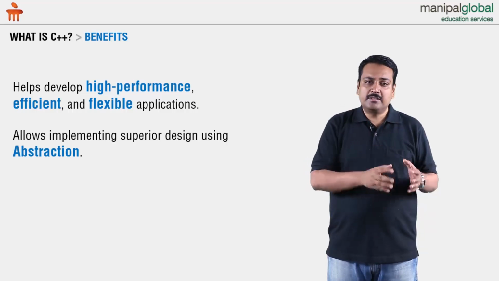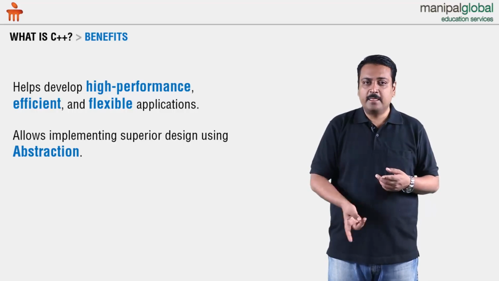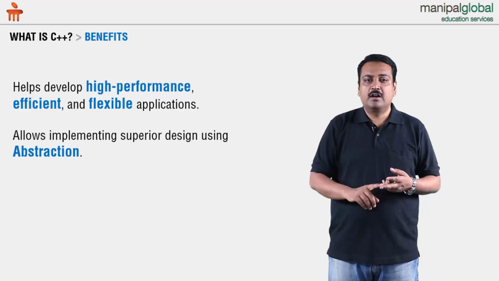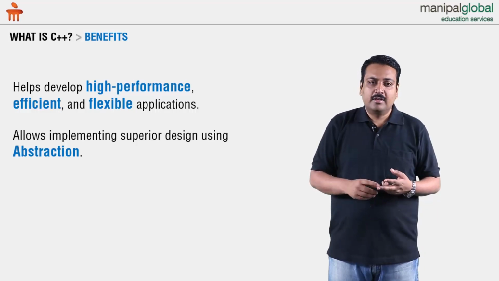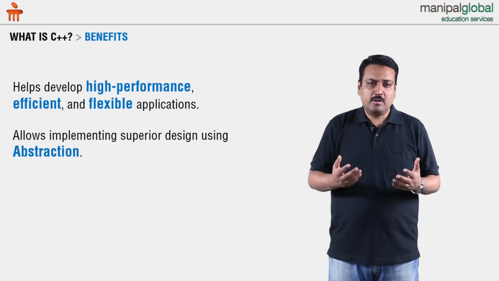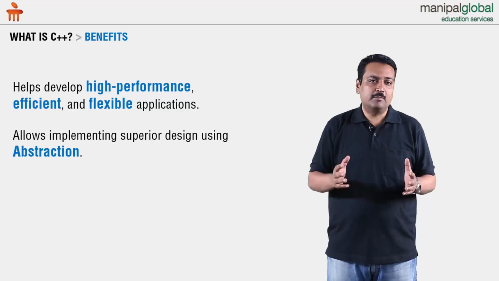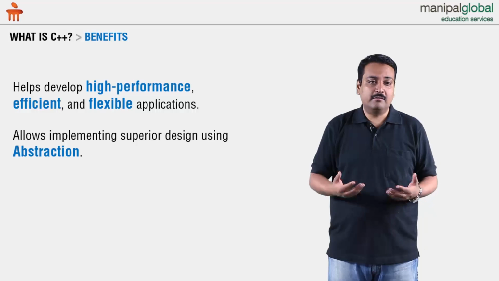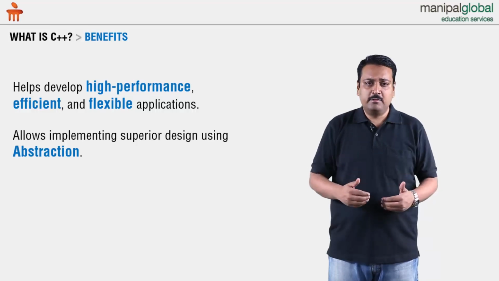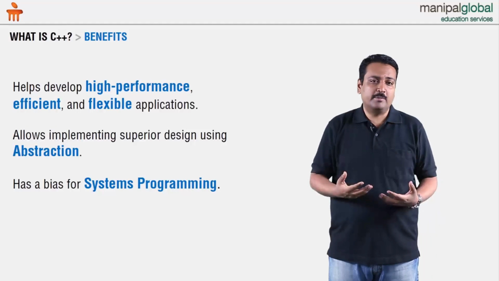So, some of the places where C++ is used is to develop device driver applications. It is used for development of systems applications like operating system code, and it is also used to develop desktop applications, and all this requires one thing, that is high performance, and device drivers require interaction with hardware. So because of this, we would say that C++ has a bias for systems programming.